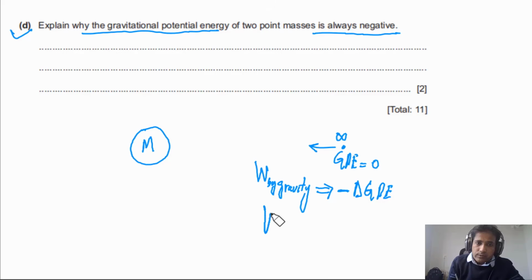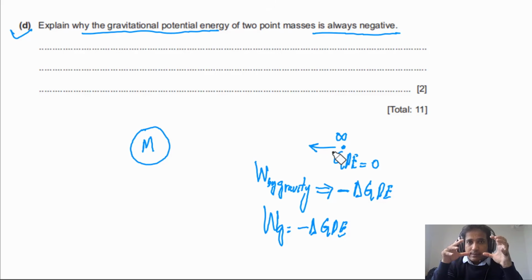We can also write down this one. Work done by gravity is equal to negative delta GPE. If work done by gravity is positive, change in potential energy is negative, meaning potential energy decreases. So below 0 is negative. So the potential energy anywhere other than infinity due to mass will always be negative, because at infinity we take GPE equal to 0 and lower than 0